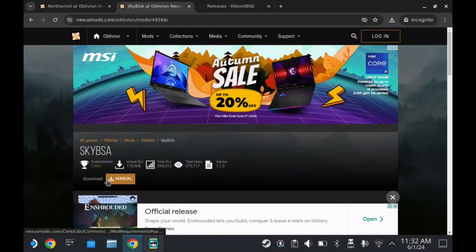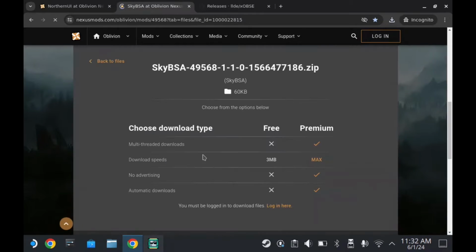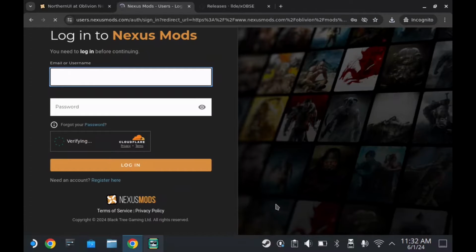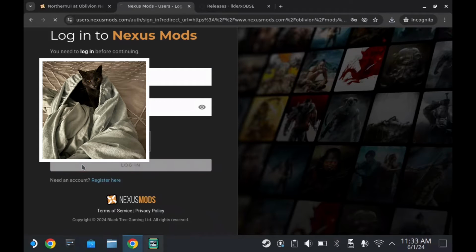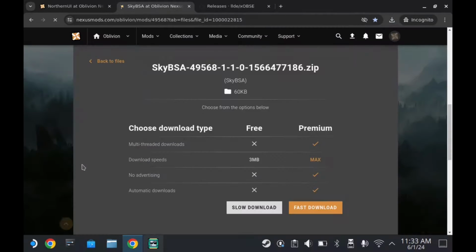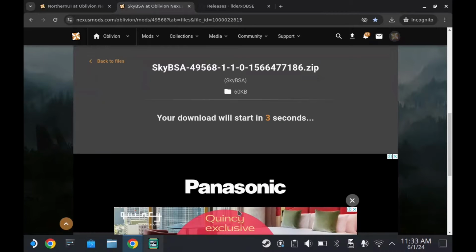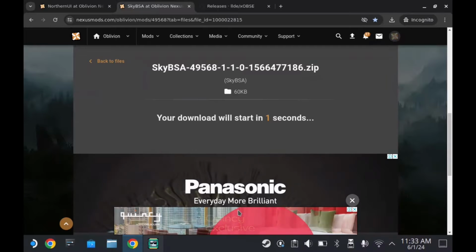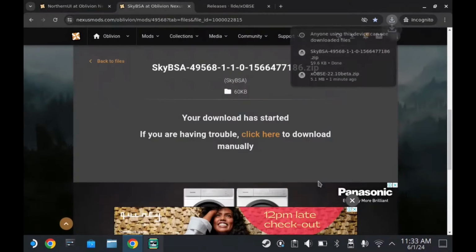Then we need Skybsa. Again, it is another support mod that makes all this work. And you will have to use Nexus Mods, so make sure you sign in, as I am doing here. Once you're logged in, you should be able to go into your downloads. The Skybsa is a pretty straightforward one to download. And then once that's done, we have one more left, which is Northern UI through